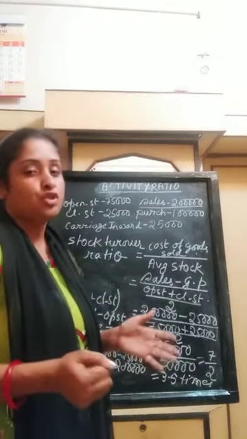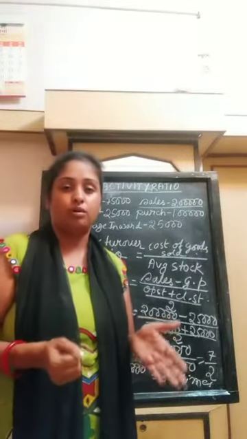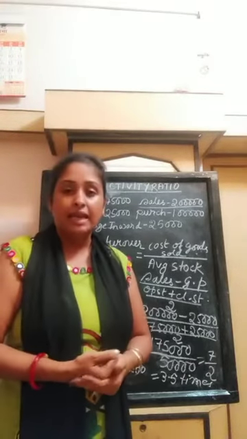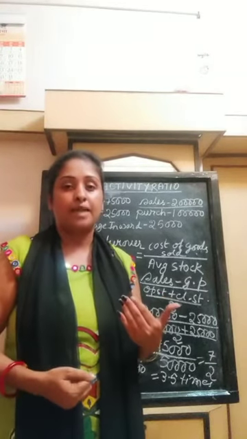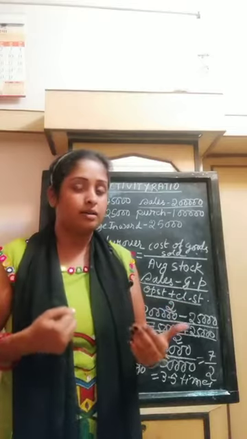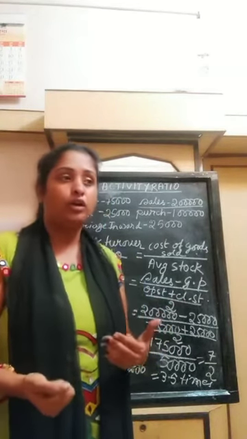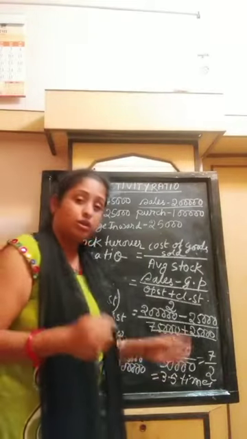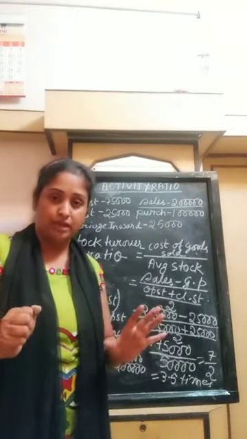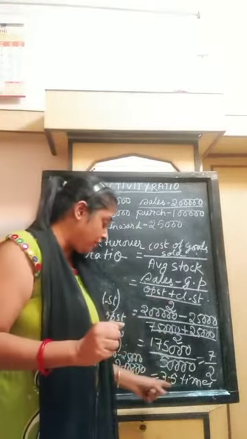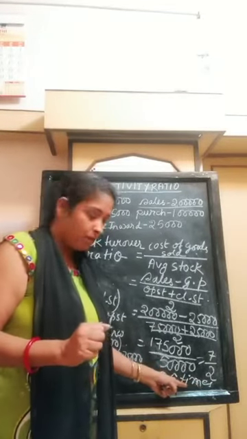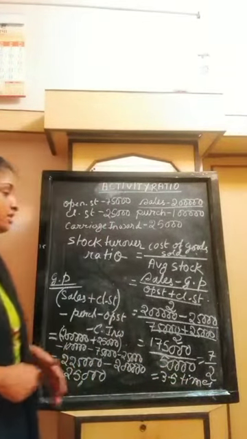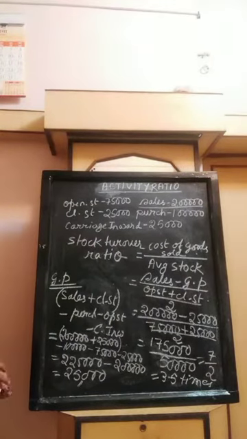Whenever you are asked to find the stock turnover ratio or debtors turnover ratio or creditors turnover ratio, it indicates how many times in a year the stock is sold and cleared, or you are getting the amount from the debtors. So in the answer you don't have to give a ratio; you have to mention times as the unit. So 3.5 times is the answer of the stock turnover ratio. This is how we will calculate the stock turnover ratio.